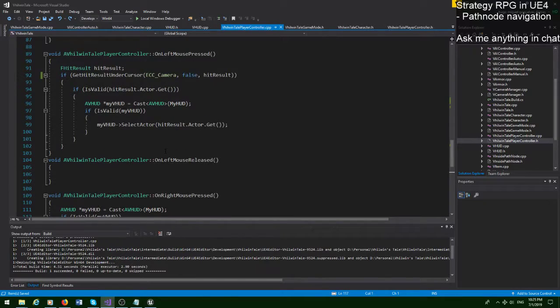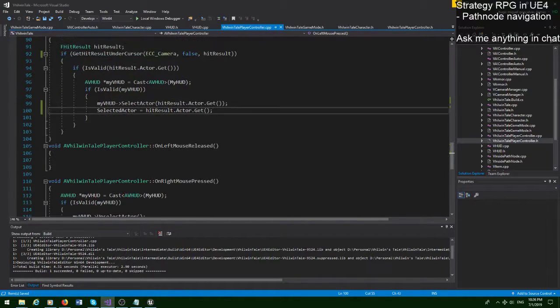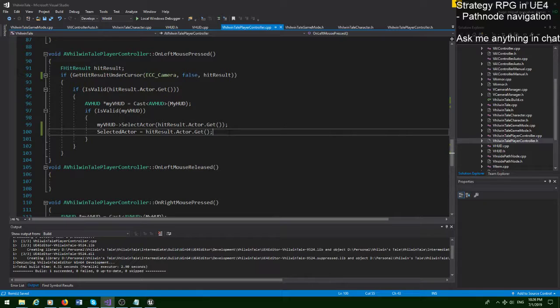Tail player controller equals my v. Whenever we select in the HUD, we also select in our own. So for now, this is going to be a copy, but in the future, it might not be. That's the point. But more importantly, here we can check